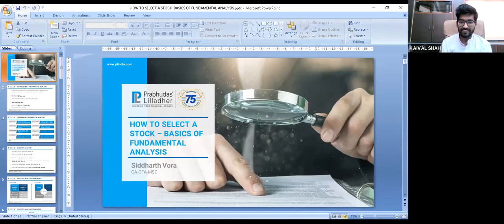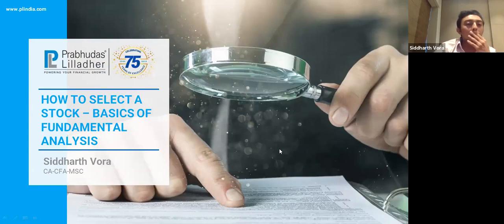Okay. So basically, I'm going to talk about fundamental analysis and stock picking. This topic is very deep, very nuanced, and very broad. But what I've tried to do here is simplify the whole exercise, templatize it, and give you a framework to work with. It's really important in investing that you work with a framework, a set of rules, a system, so that stocks can walk in and out of that framework.